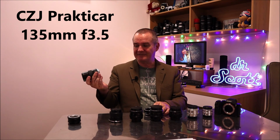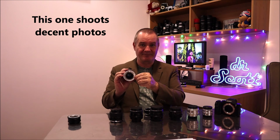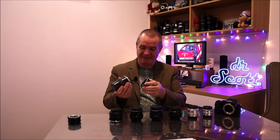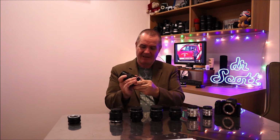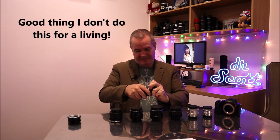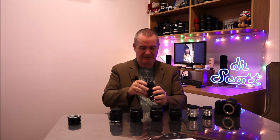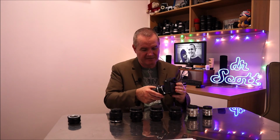Again, it's Praktikar, so it's a PB mount. And I got PB to EOS here, and I'm going to put this on my EOS adapter. All right, so let me get that on there. And of course, the 135 is a Sonar